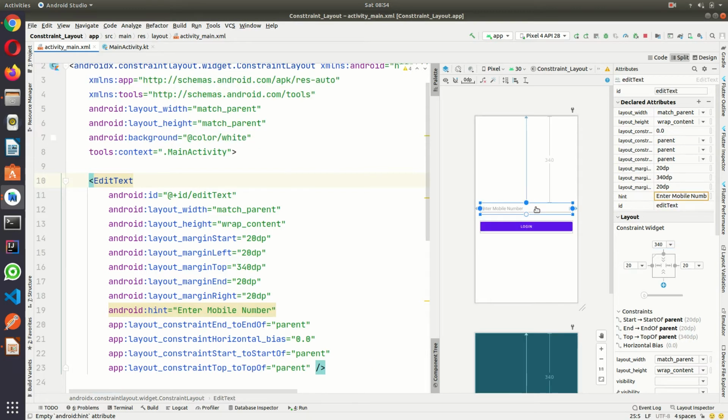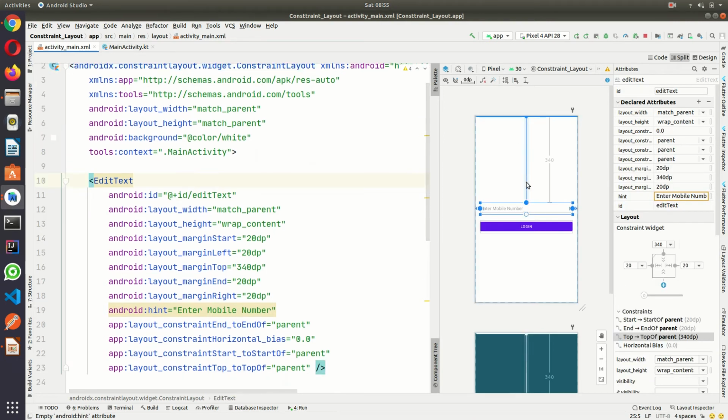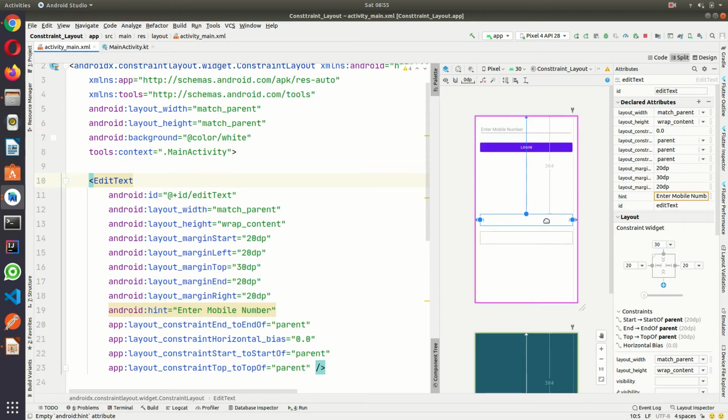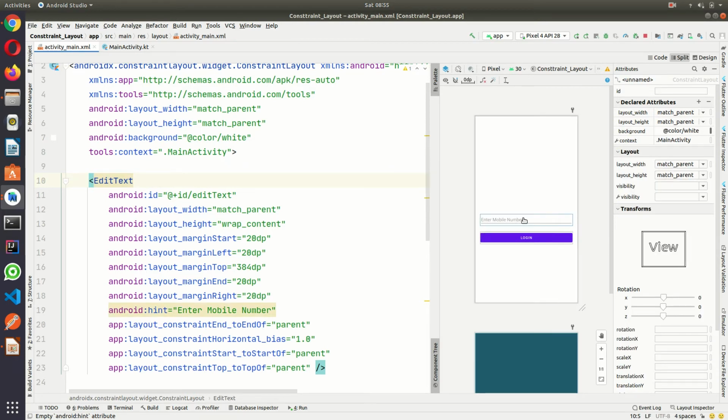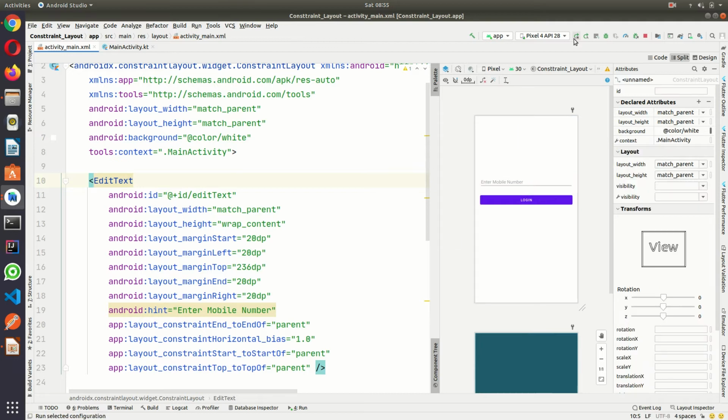Okay, it came to center. If I reduce this, it will go to top. See, now let me run.